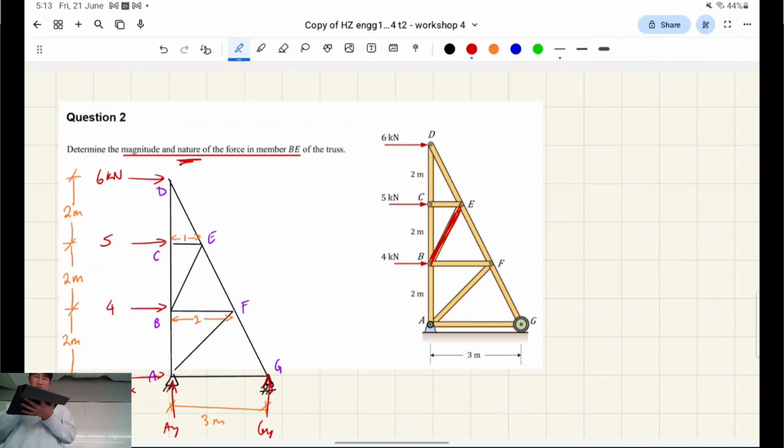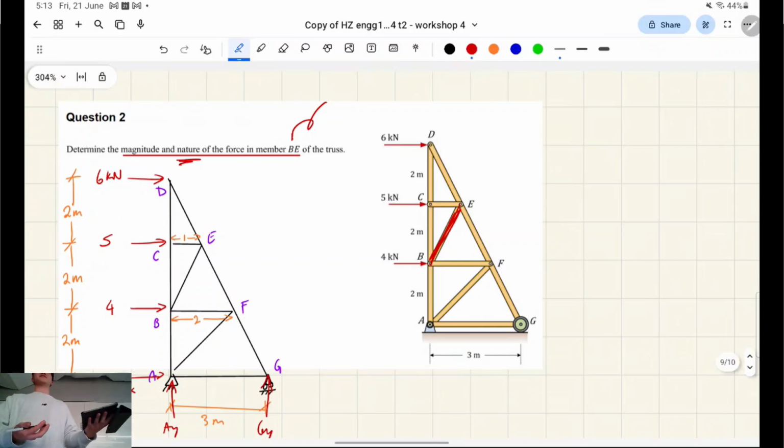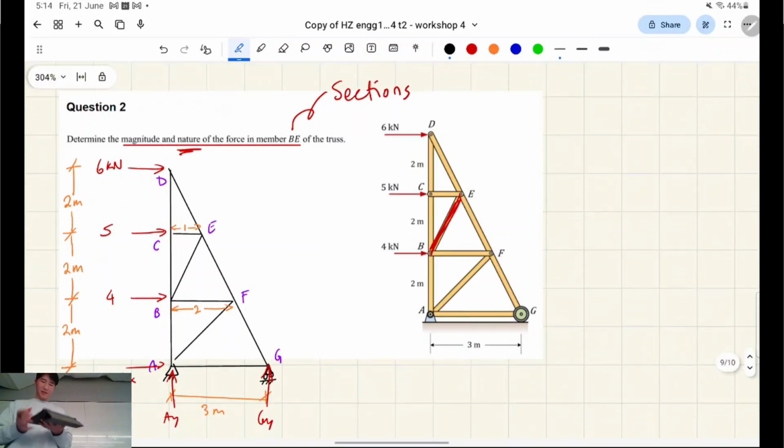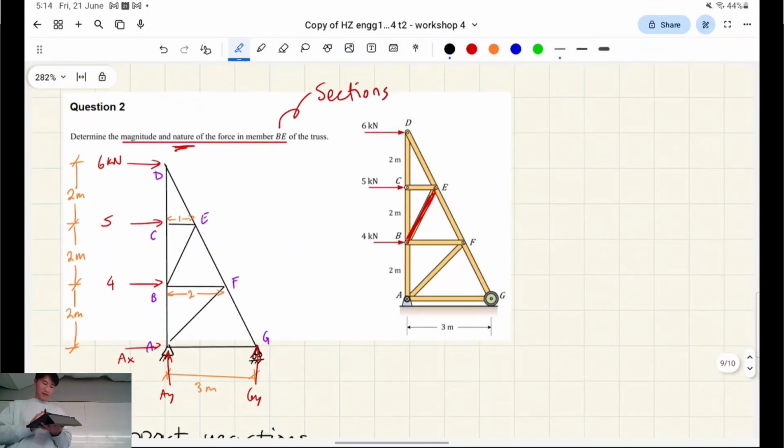Sections. Very good. So as soon as it's asking for a specific member, right, that you can just cut through, there's no point in doing method of joints because method of joints is gonna, you saw how long method of joints took, right? You're gonna use the sections method. Okay, so this involves a few things. Firstly,